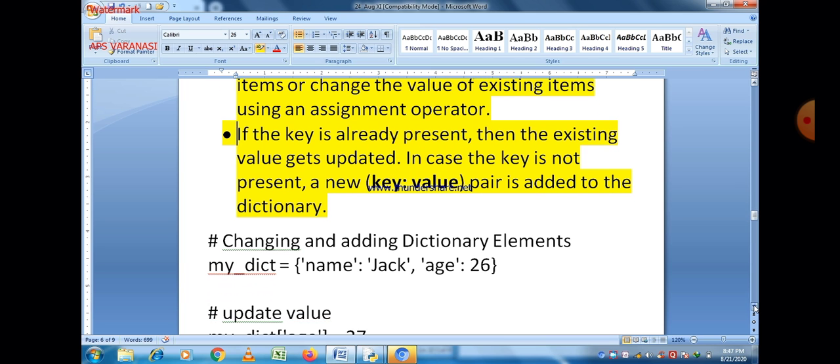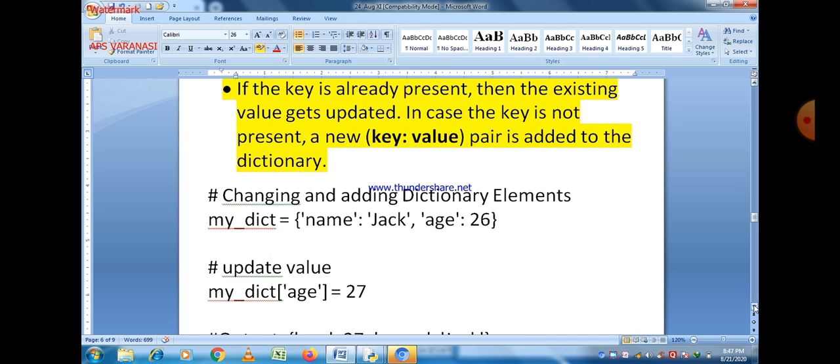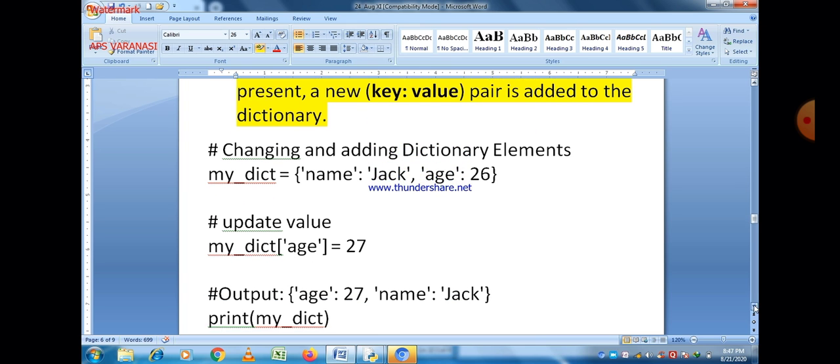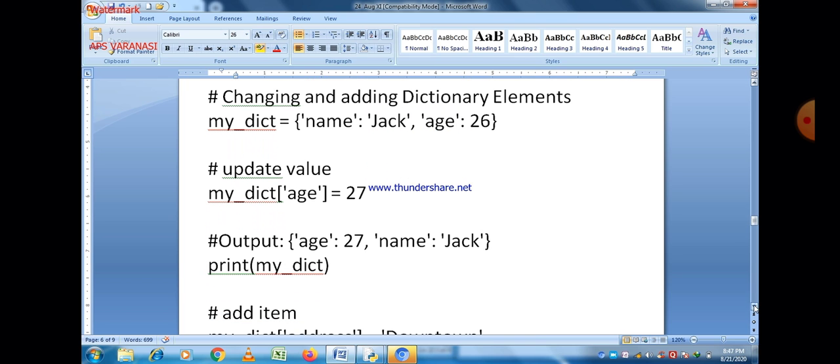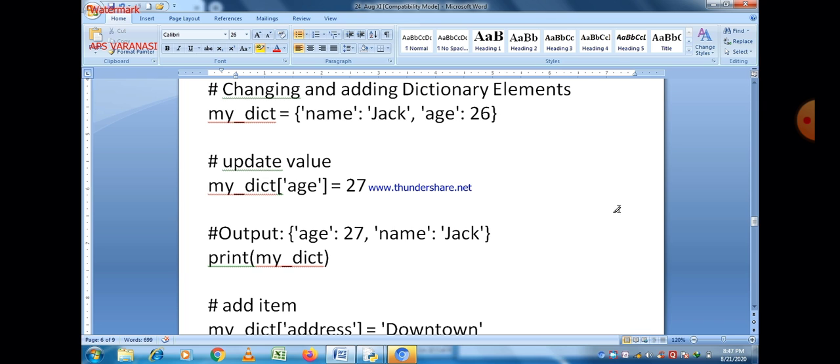Now, changing and adding dictionary elements. You can easily see here my_dict is the name of the dictionary which contains two keys, name and age, and the values regarding those two keys are Jack and 26. And if we want to update a value, we just write my_dict, and within the square bracket the name of the key age, then we assign the value 27. We all know that age already exists in that dictionary, and the value of age is 26, but when we reassign its value, it updates the actual value, meaning now age is 27.